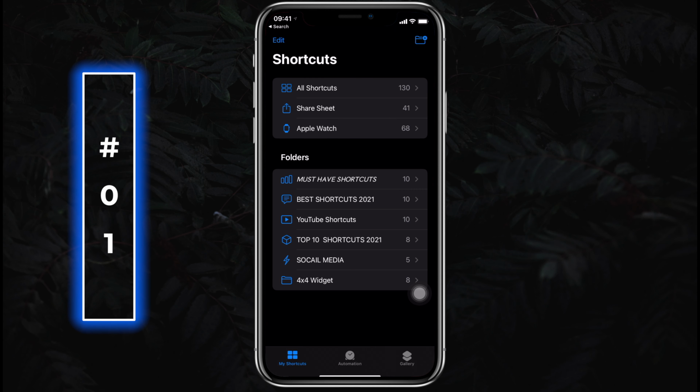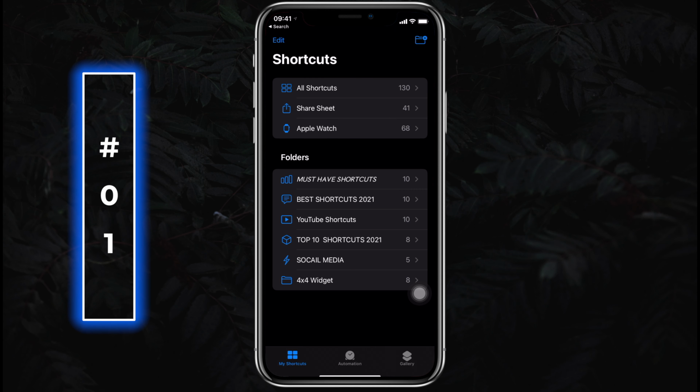The last but not least is our automations tab. Again, I'm not going to show in depth here. Now tap on add a personal automation. The automations will be based on one of the following, like when connected to a Bluetooth device, or when battery level reaches a percentage, or when low battery power mode is turned on or off. Select something and tap on next. Then again add a new action. You'll get the same interface or options as we get while creating a new shortcut.